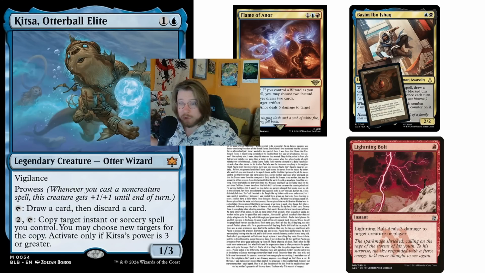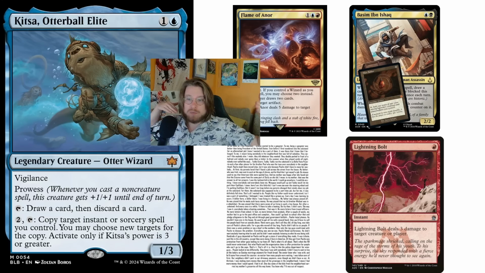There is a lot going on with this card. It is a 2 mana, 1/3 Vigilance Prowess. The Vigilance means you can attack and block with it while also using one of its tap abilities during the same turn cycle. So you can either tap it to draw a card, discard a card, which is really nice. Ability to manage Mana Flood, Mana Screw, discard Flage for value if you're playing Flage in your deck is